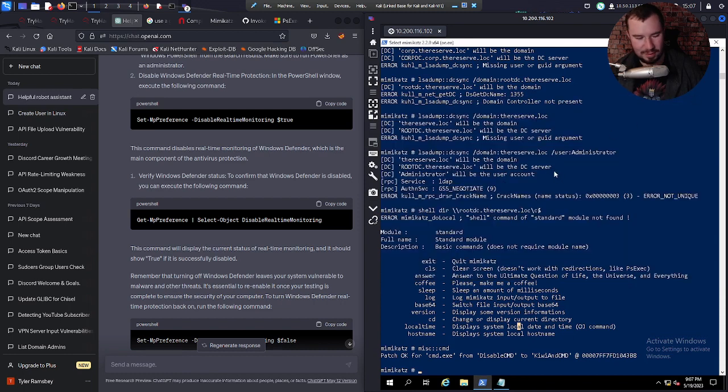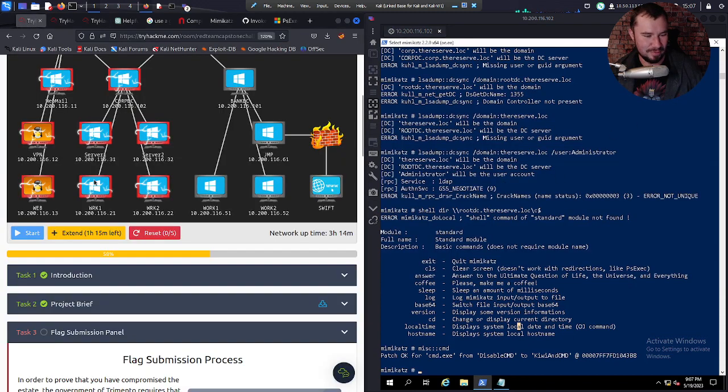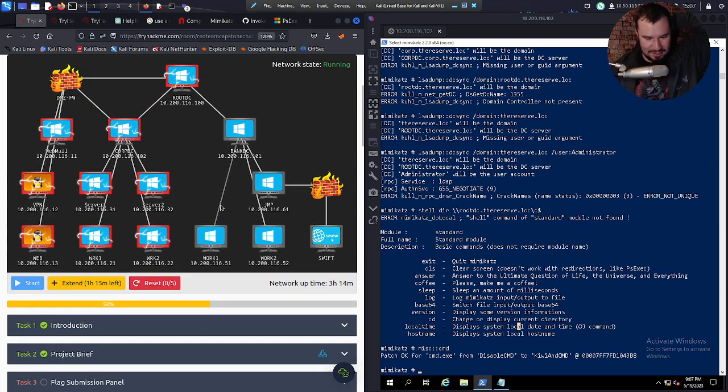Okay. This is where we're going to have to pick up. We're going to focus, and we just have to think this through. You guys think this through. I'll think it through. If we can disable AV, we can run Mimikatz on the root domain controller, and I think that will give us a hash or something that we can access the rest of this. But we're on the root DC. Like, this shouldn't be that difficult. We can compromise everything else. We are the root DC. We have administrative access on the root DC. It's just a matter of how do we use that to compromise the child DC. If we can get Mimikatz on here, we can do it, I think, pretty easily, even forging ticket type stuff.